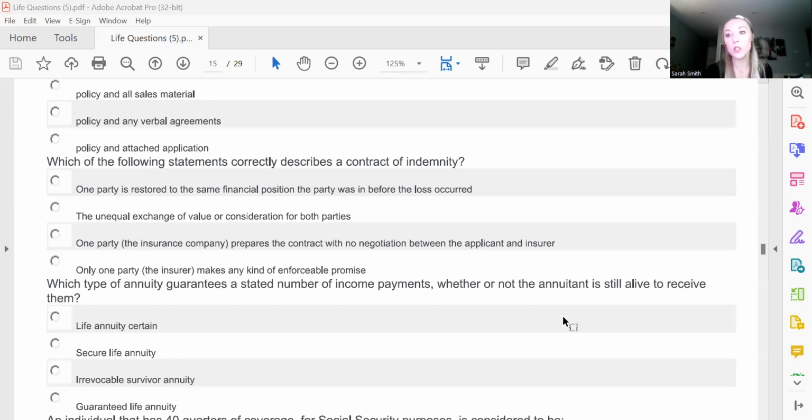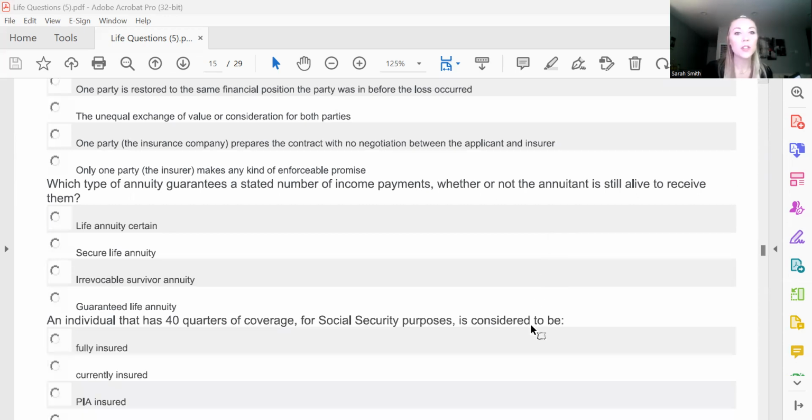So if you go out and you get into a car accident, what happens? You have a claims adjuster come out, take a look at the damage and say, okay, it's X amount of dollars worth of damage, here's a check. Or it's a total loss, the car is worth this, you owe this, here's a check for the difference. Go get yourself a new car, right? So we are basically making your loss go poof.